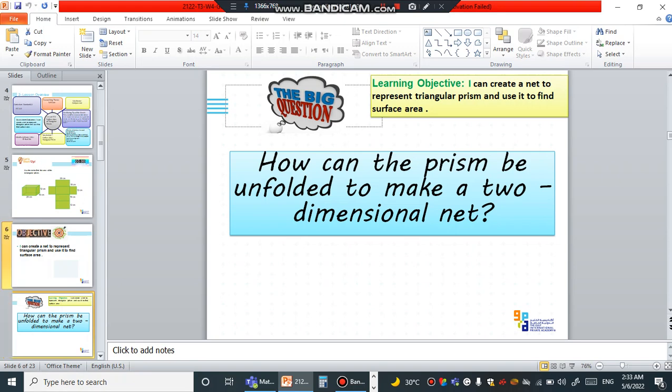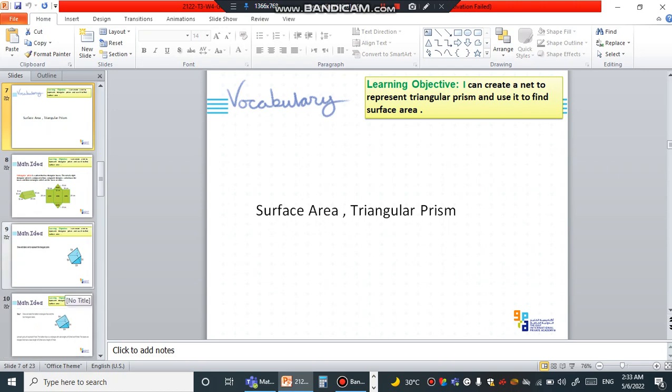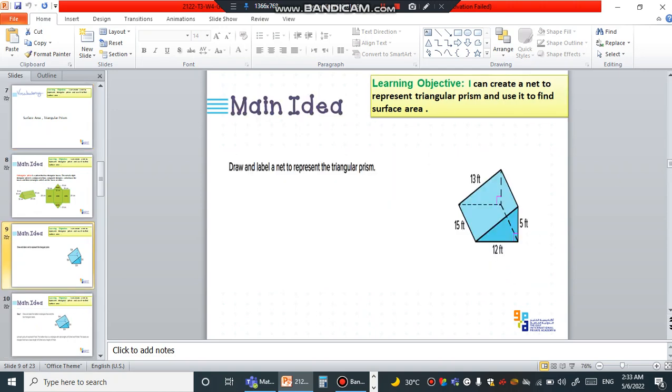Here is our vocabulary for today: the surface area and the triangular prism. After that, we are going to have a definition of surface area and the triangular prism. As we know before, what is the meaning of the surface area of a triangular prism? The surface area means I'm going to find the area of all the faces, then adding them together will give